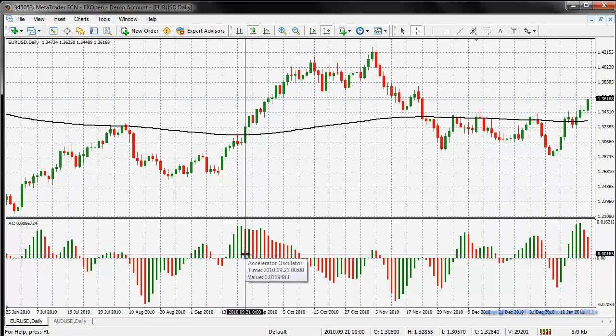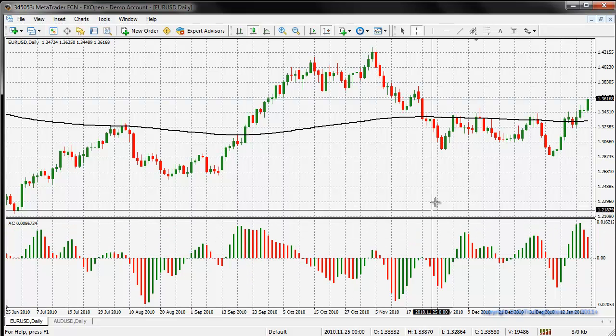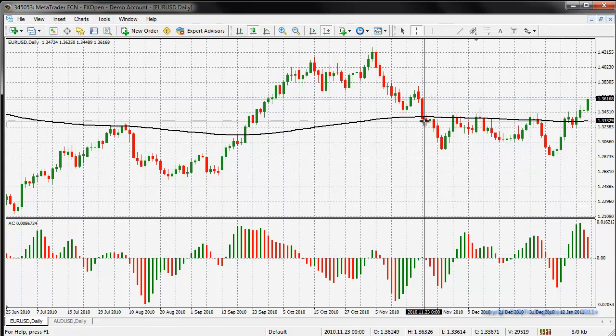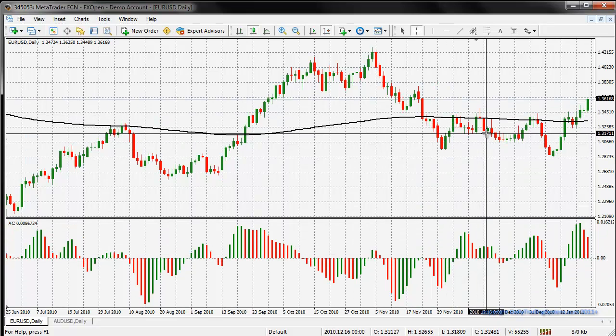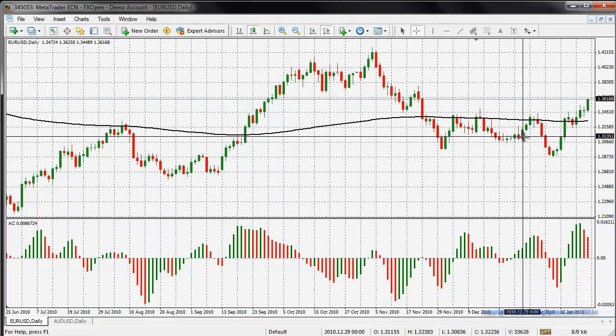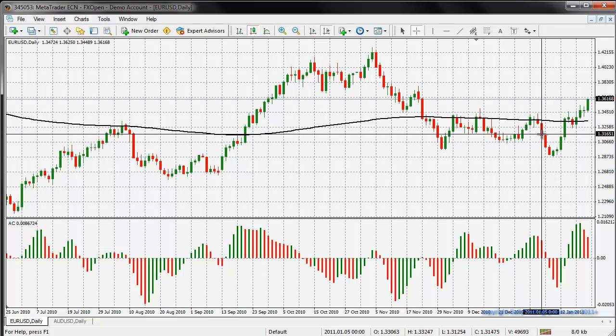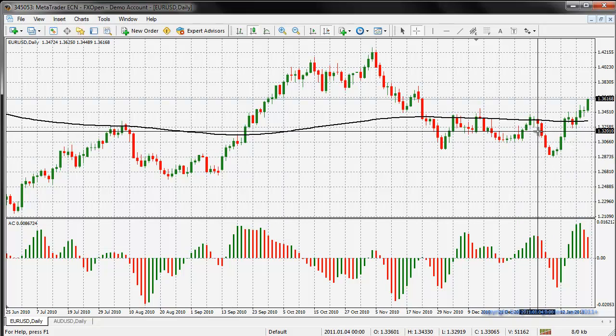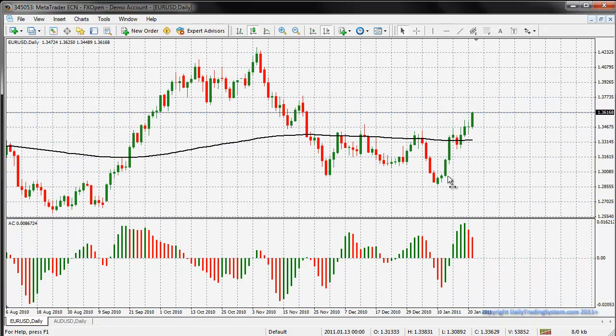Alright, so here we see it's on the red one, and then I'm taking a look at this one here where it penetrates. It's not below. Okay, I'm going to take a look at this one. That's not below, and that one's not below, but that is red, and that one's red. And it came down,